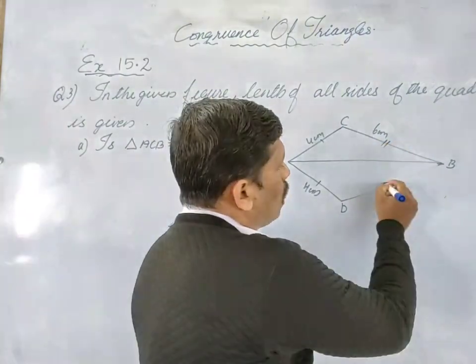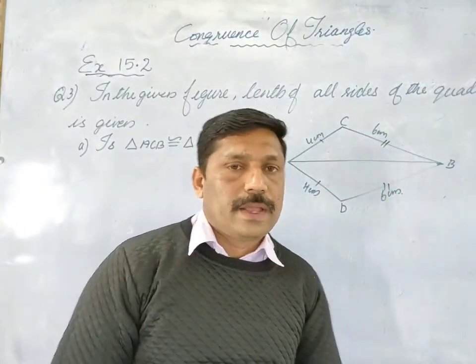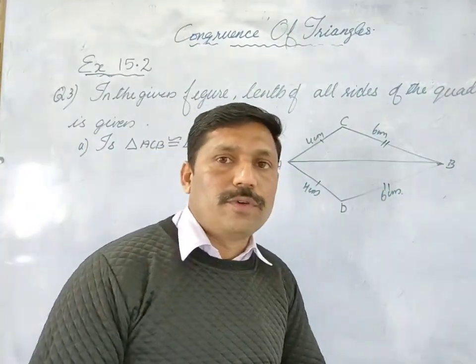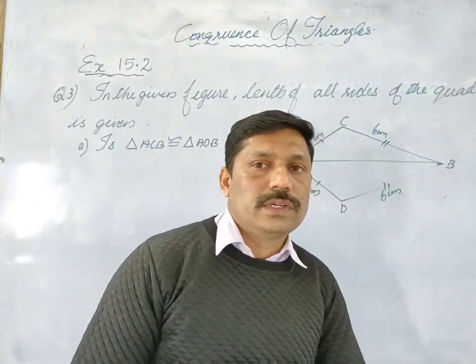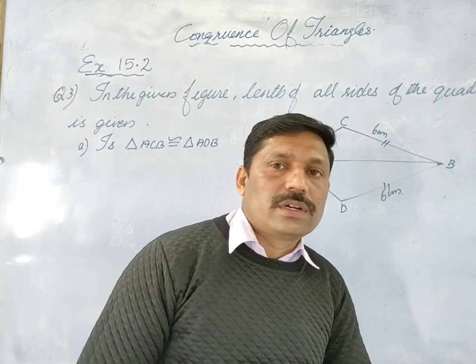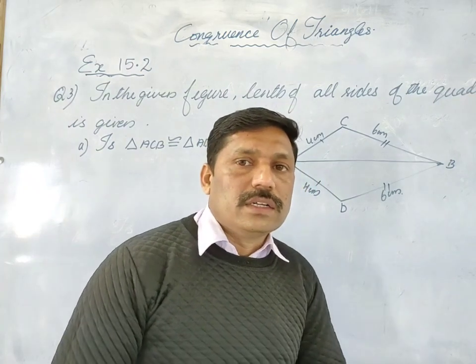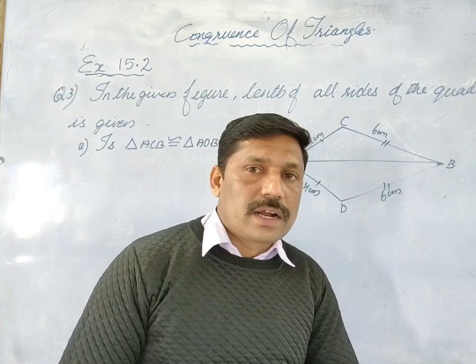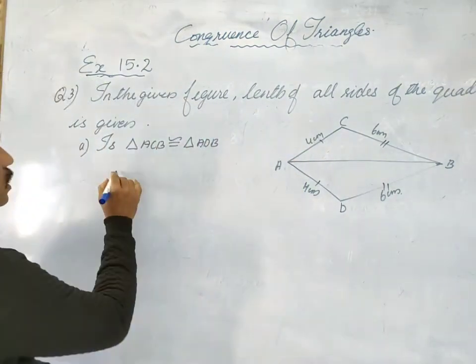These two are also equal. And this side AB is common for both triangles. Therefore, that common side is also equal. That means three sides of these two triangles are equal. Therefore, we can say that these two triangles are congruent. So the answer is yes,